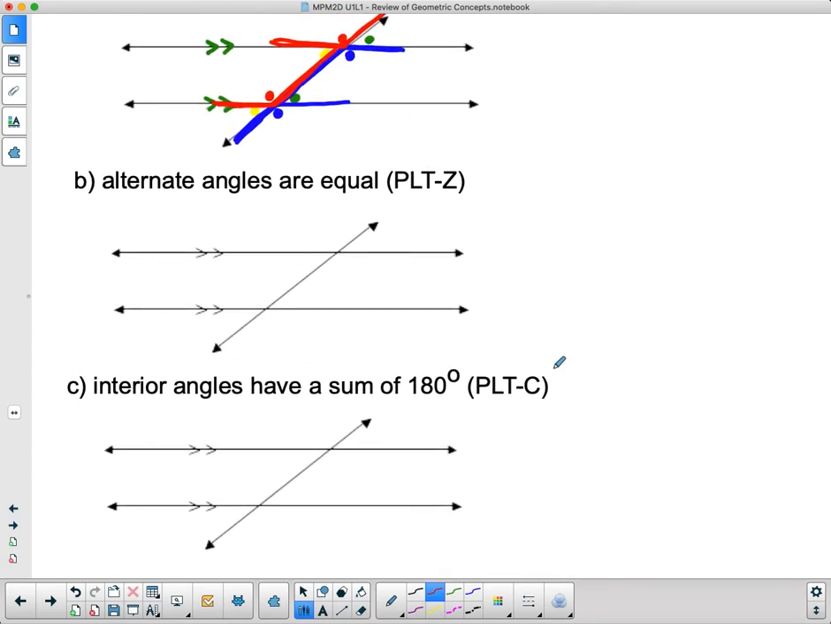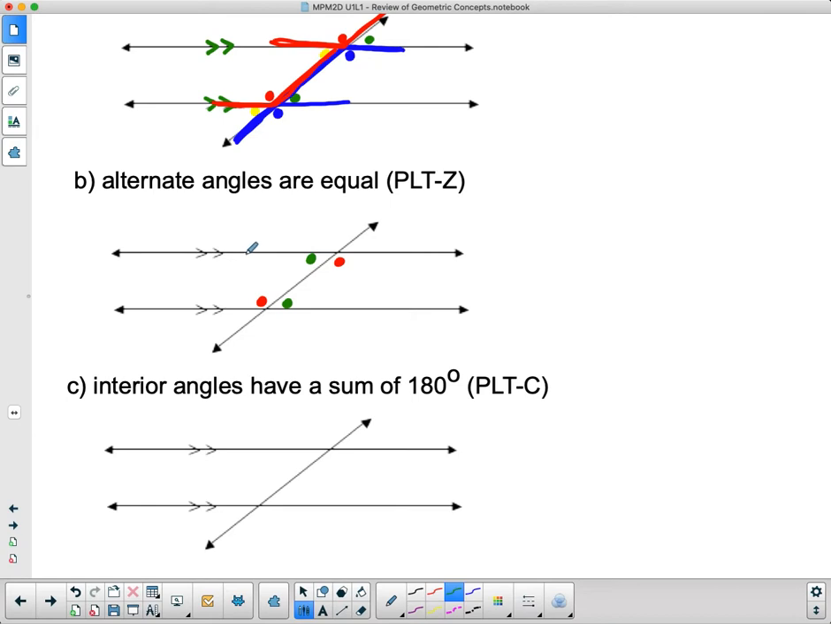What are alternate angles? Well, alternate angles lie on opposite sides of this transversal and they're inside it. So this and this would be considered alternate angles. And this would be considered alternate angles. Now, the reason why it's called PLTZ is because if I take